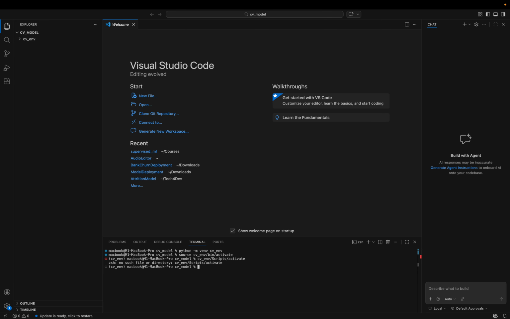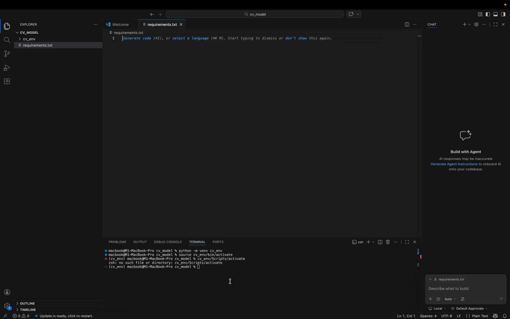Right, so after that, we need to install some important libraries. You don't have to worry about them now. We are going to see their use cases and where they come in as we go. So we can create a file here called requirements.txt where we can list them out, or just run pip install, then